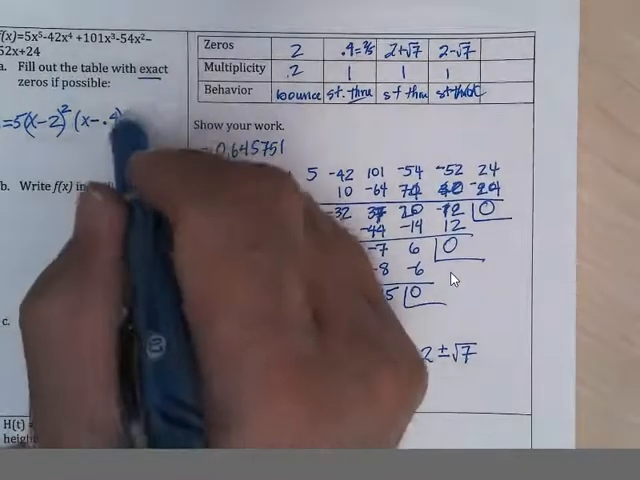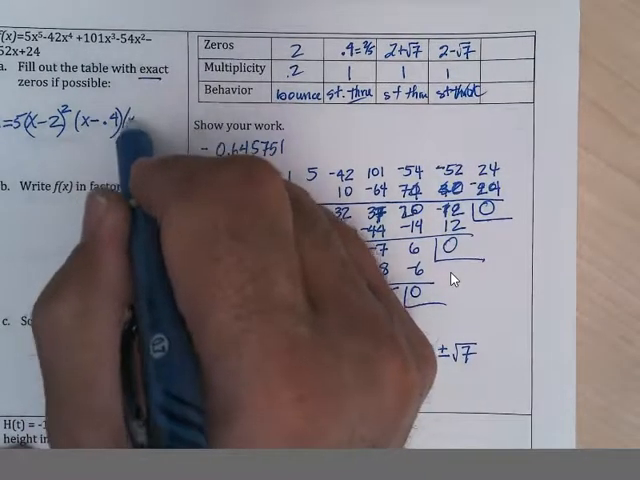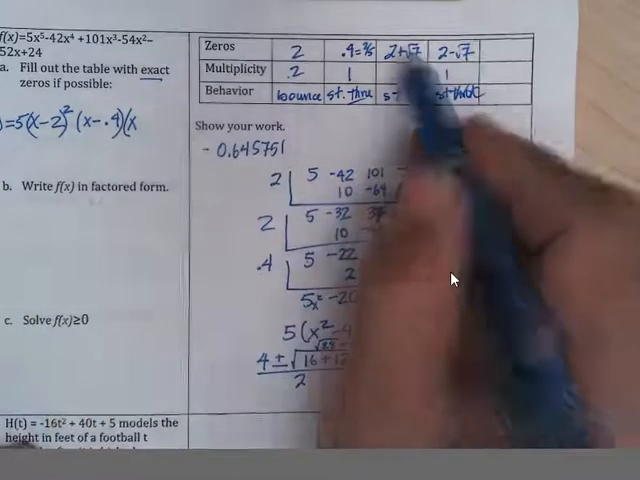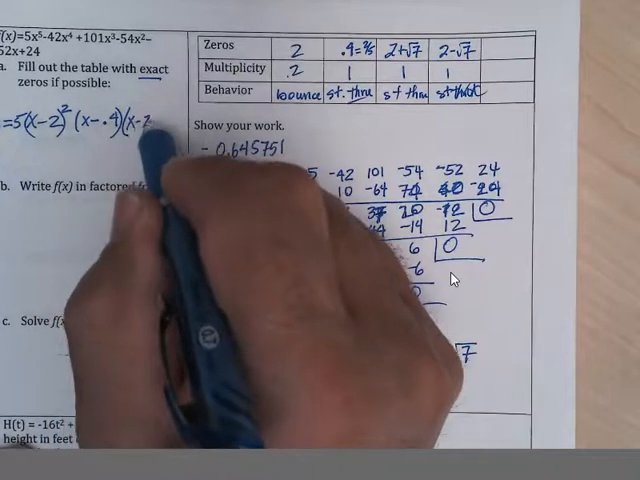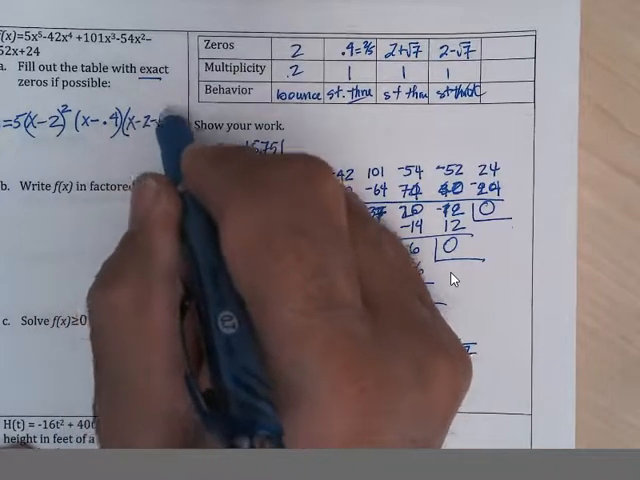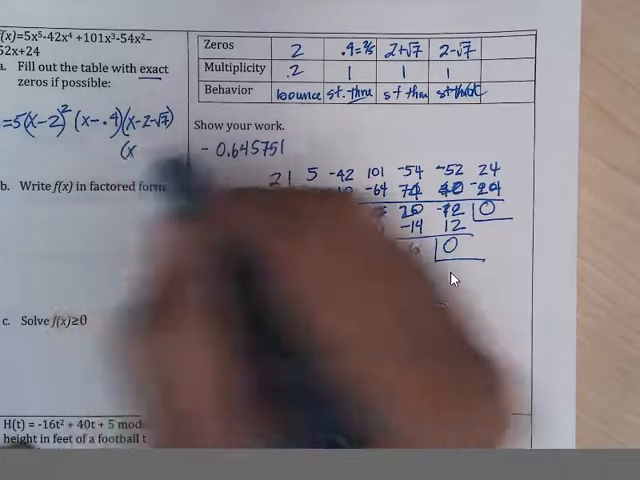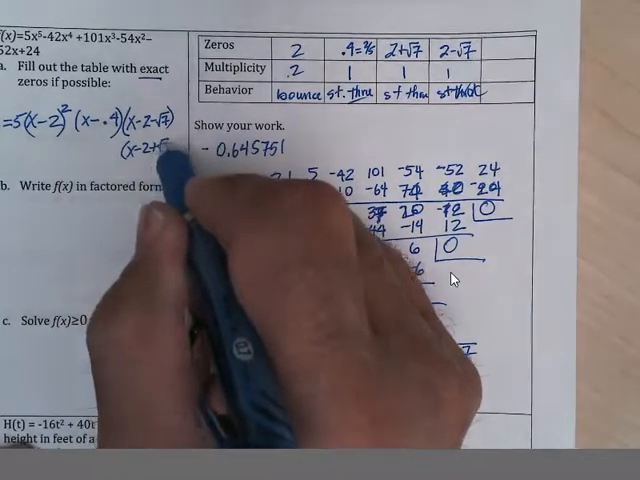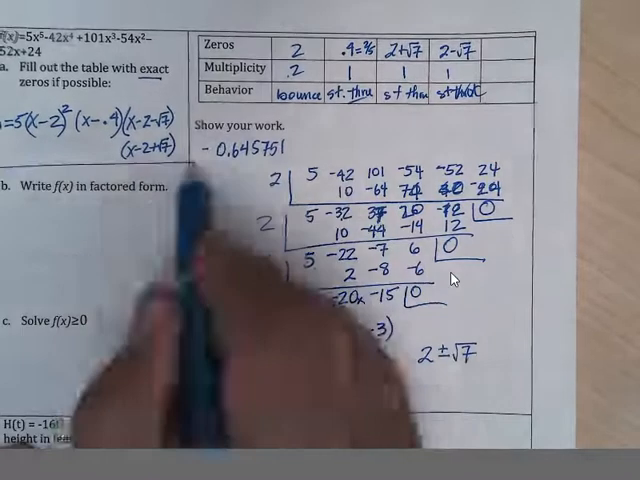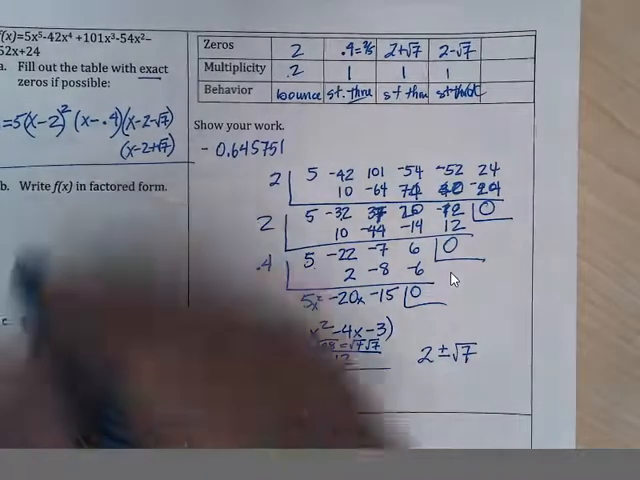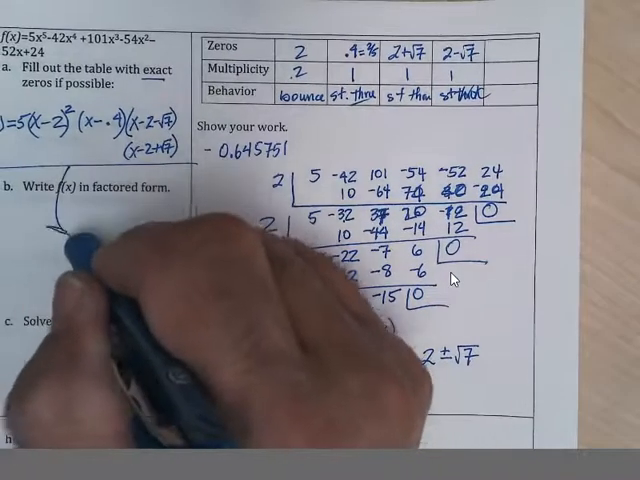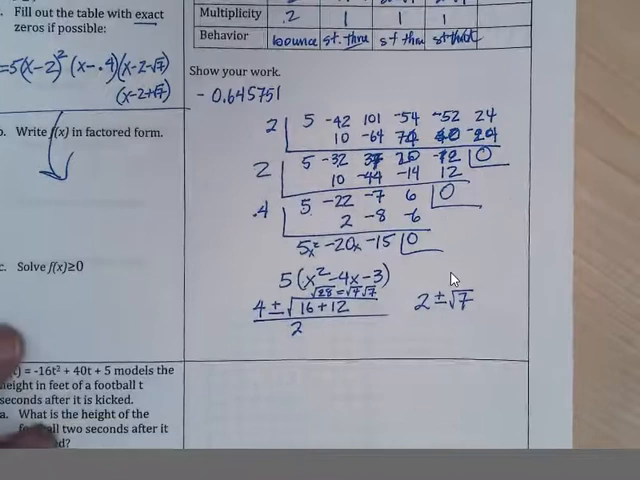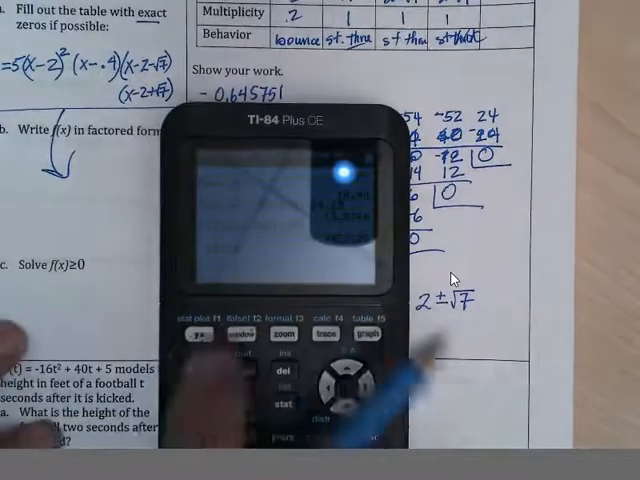And so finishing my factoring, it's x minus this, minus 2 minus the square root of 7, and x minus this, which is minus 2 plus the square root of 7. And there it's factored. Now that was supposed to go there. And looking at the graph,